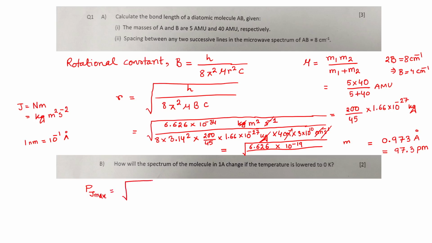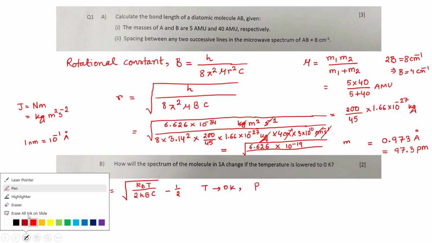We know the formula, right? It is square root of kBT over 2hBc, minus half. So if the temperature is 0 Kelvin, then you can see it is coming as population